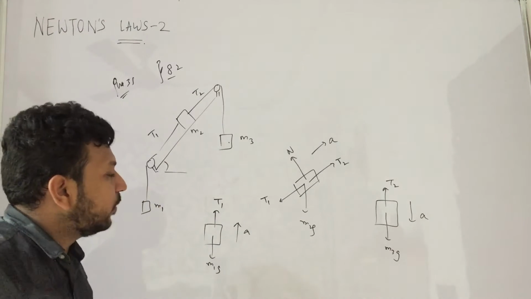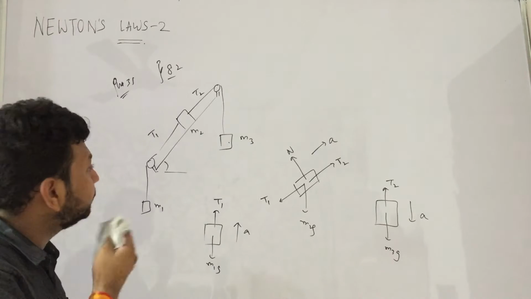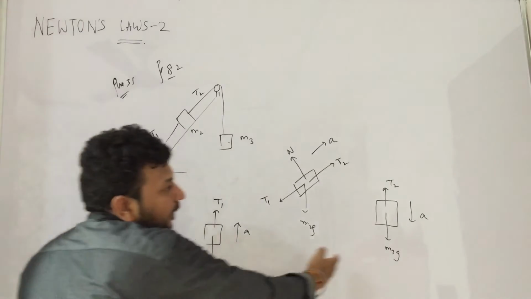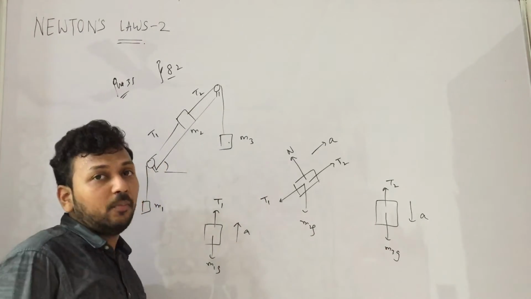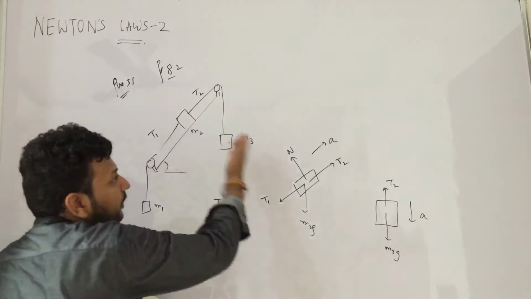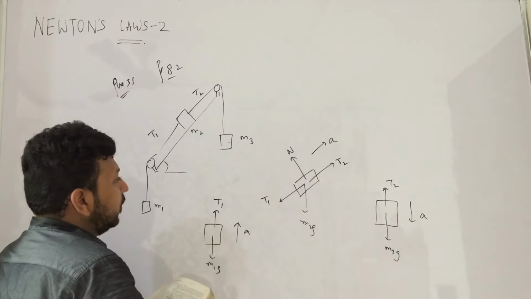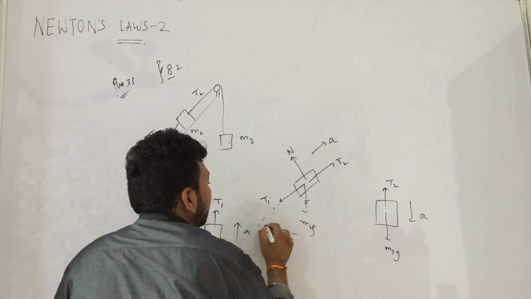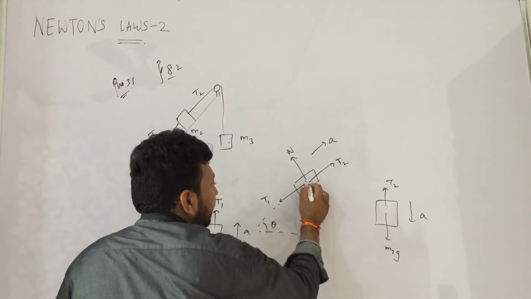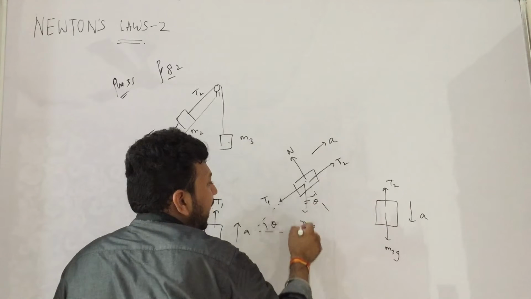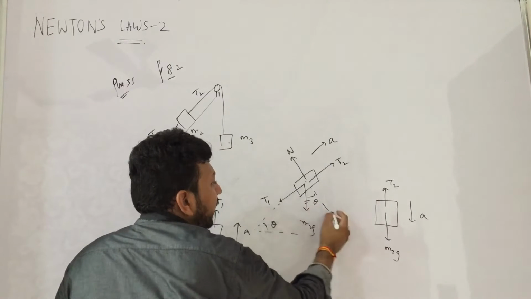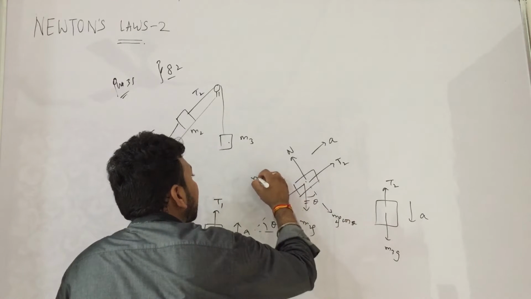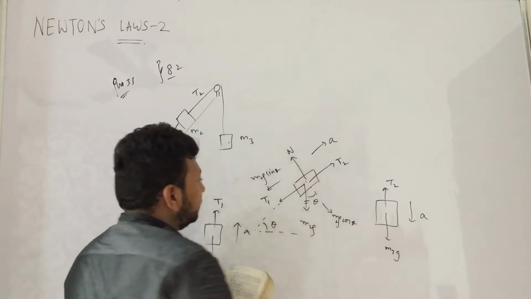I don't think there must be any problem in this. These are hanging in air and there is no normal reaction. So this one has T1 and T2, otherwise everything is the same. How do we form the equations? First of all, we will resolve the vector which is not in alignment with any other vector. This angle is theta. We have already discussed this in the last class. It becomes M2g cos theta and M2g sin theta.